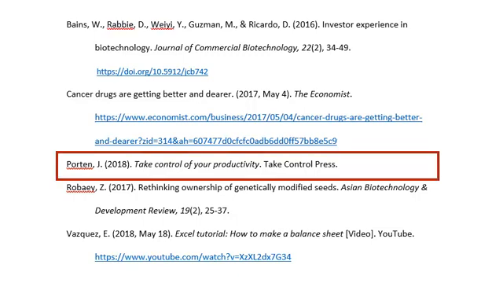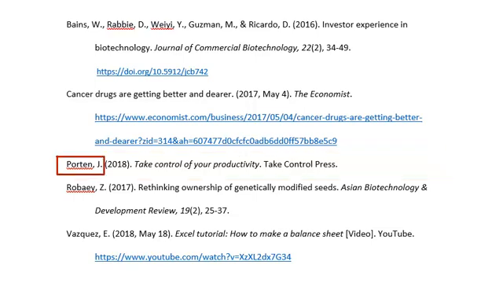Next, let's look at an ebook from the library's ebook collection. Like the others, it includes the author's name, initial, and just the year. The title is italicized, and like the journal titles, all major words are in lowercase except for proper nouns. This ebook came from the library's O'Reilly database, and for ebooks, you simply add the name of the publisher as found on the title page, or information about the book in the database. No additional information or URL is needed.